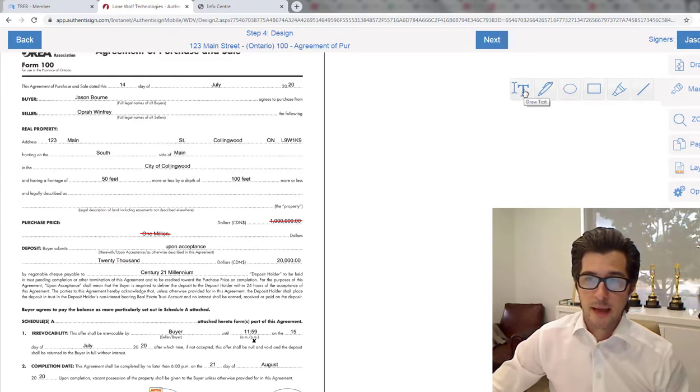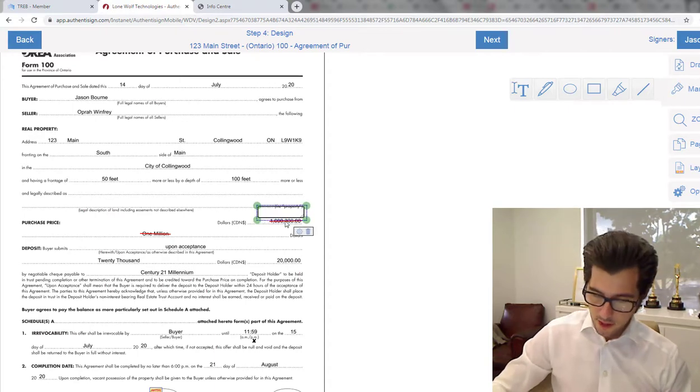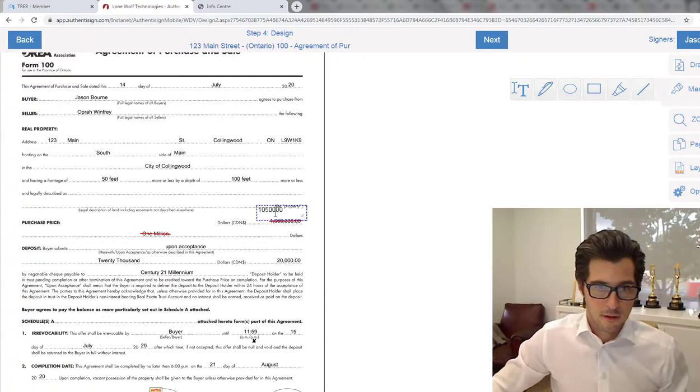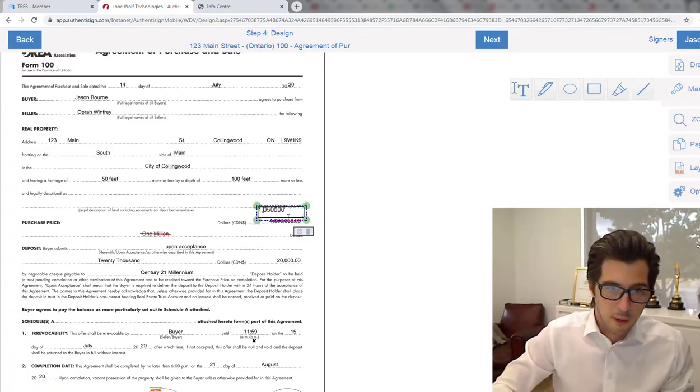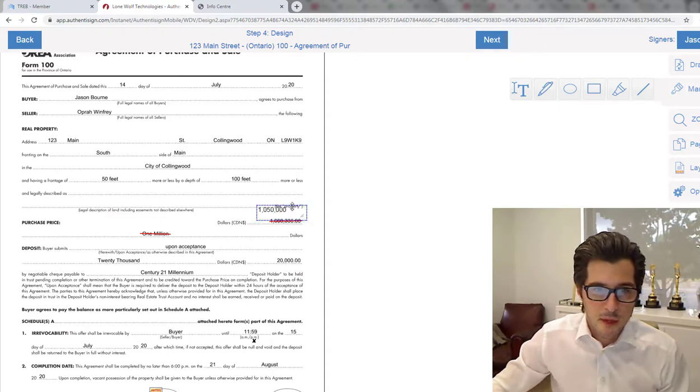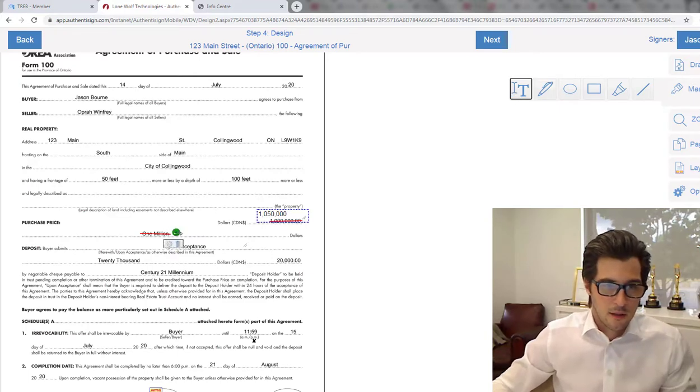Well, I'm going to grab my text box, draw text, and I'm just going to click on that, open it up. Just going to maneuver this a little bit. Want this a little bit above. And then I click inside and I know I'm going to go $1.05 million. Well, I'll put a comment in here and a comment in there. So it's $1.05 million I'm going with, Canadian dollars. And again, I need to have this written here. I need to have text and say,